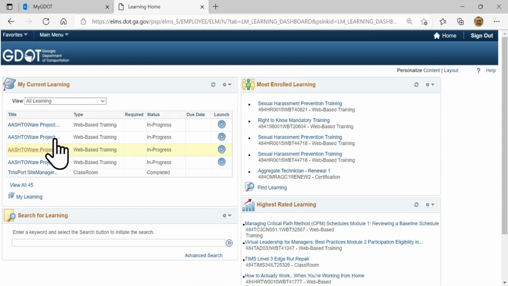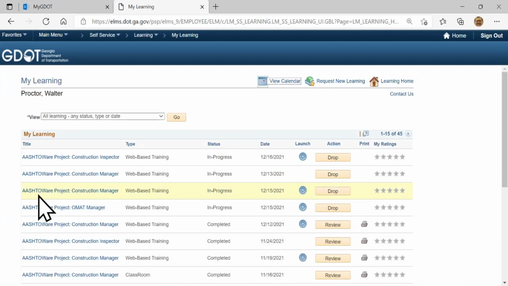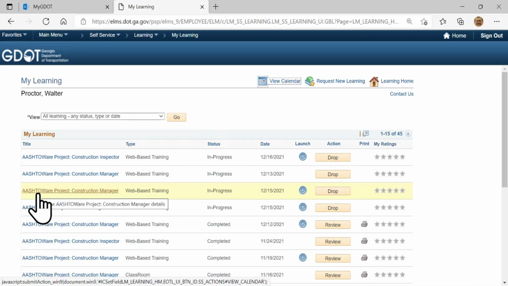Now, I've got a few different projects logged in here to work on it, so I need to see which ones are going to be working with it. So I'm going to go down in here in the My Current Learning field. I'm going to click on My Learning. Now, you can log into ELMS and work with us today, or you can just follow along as I'm working, and the ELMS classes will be available for you to later on.